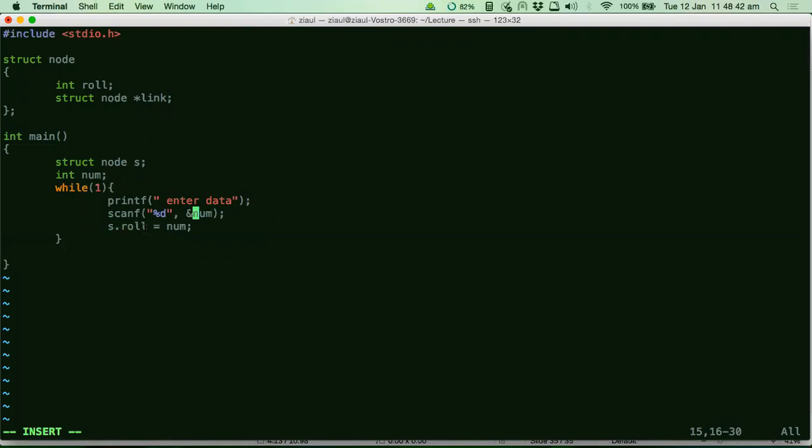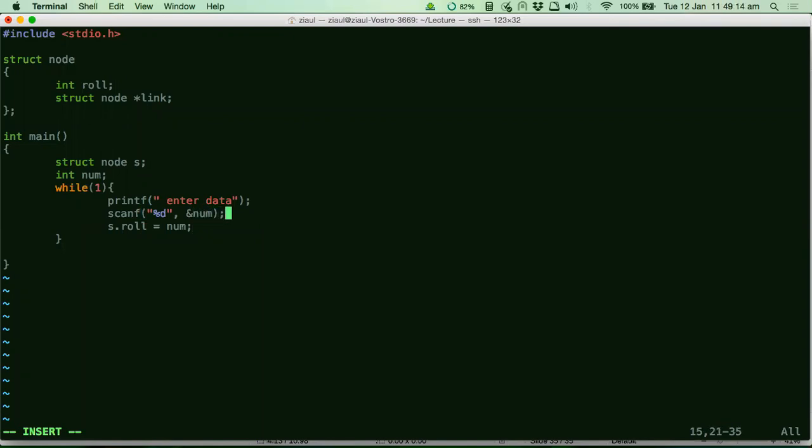So there is no way in which you can keep track of how many values you have seen so far, or you cannot link it up. Basically, there is no linking happening here, right? Because you are using the same structure again and again to store the new data. So if someone asks you what was the roll number entered by the user in the very first iteration, can you give him this data? Is it possible through this program? No, sir. It's impossible, right? Because every time the data is being overwritten.